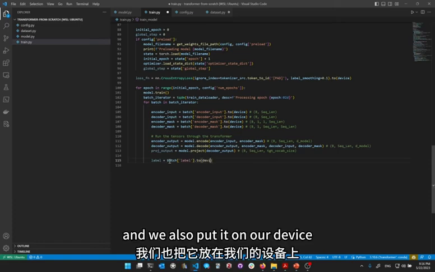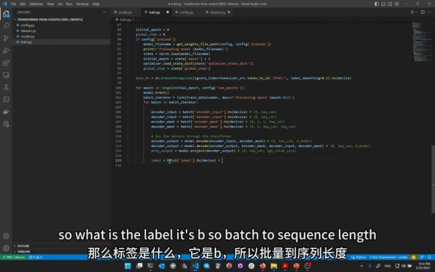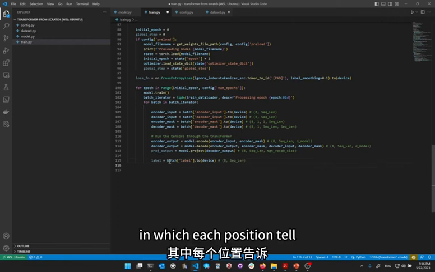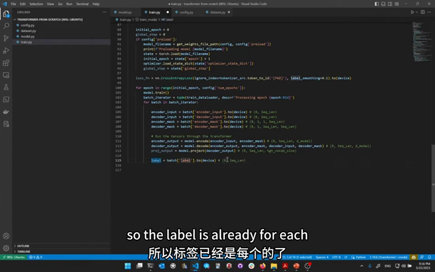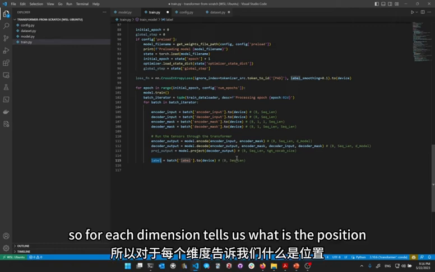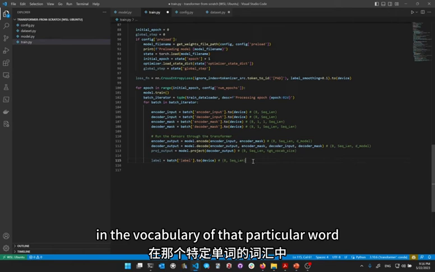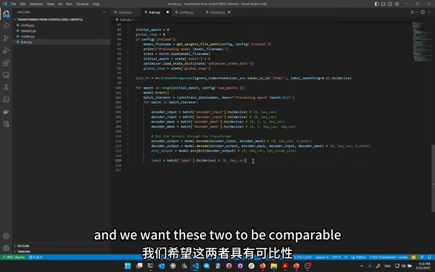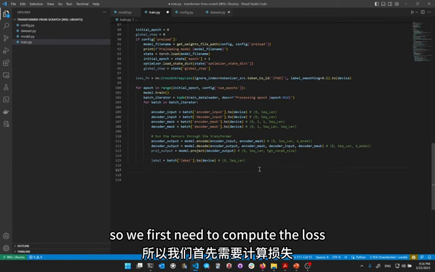And we also put it on our device. So what is the label? It's B, batch by sequence length, in which each position, so the label is already for each B and sequence length, for each dimension tells us what is the position in the vocabulary of that particular word. And we want these two to be comparable, so we first need to compute the loss